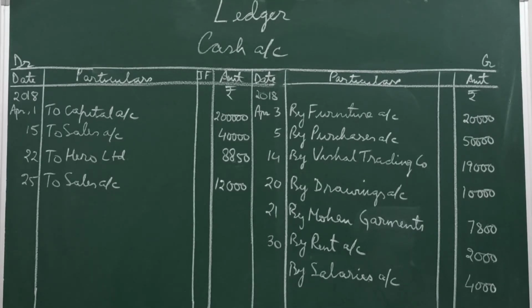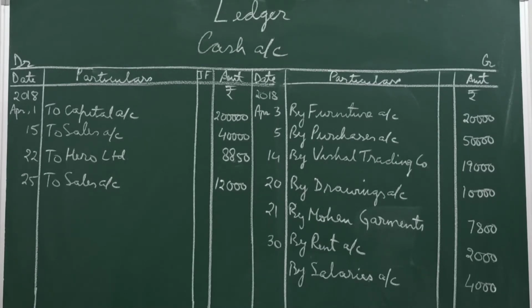Now how do we open the cash account? How do we make the lines? First of all, you will write ledger right on top of your register. In the center you will write the name of the account, cash account always. Whatever the account name is has to come first. Then on the extreme right left hand corner you will write debit credit, next line. And on the same line you draw a single line with your pencil and ruler. You have to use pencil and ruler to draw lines in journal as well as in ledger, so that if extra lines are there or any mistake is committed you can rub them off.